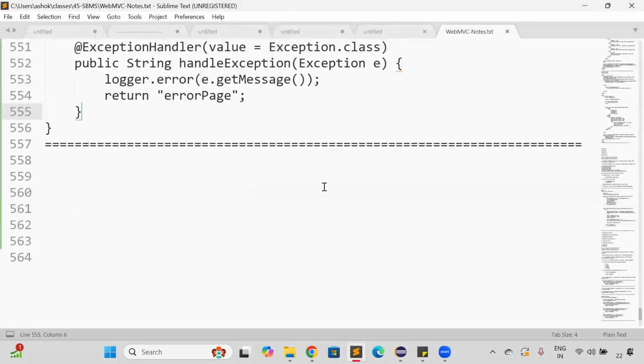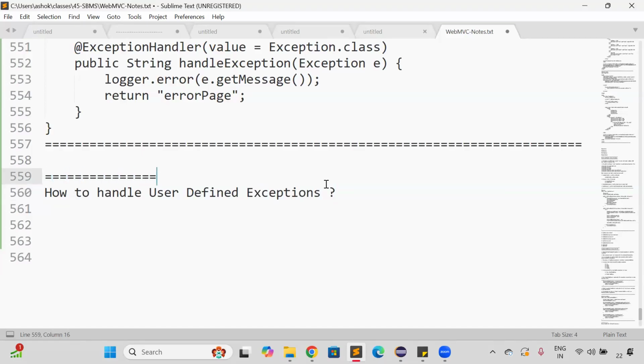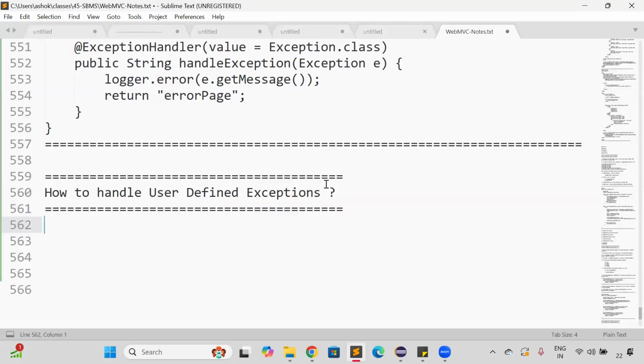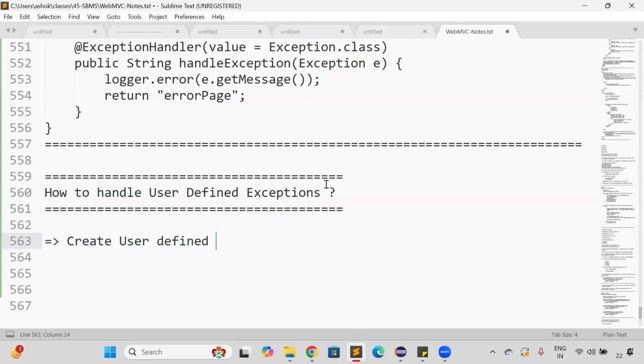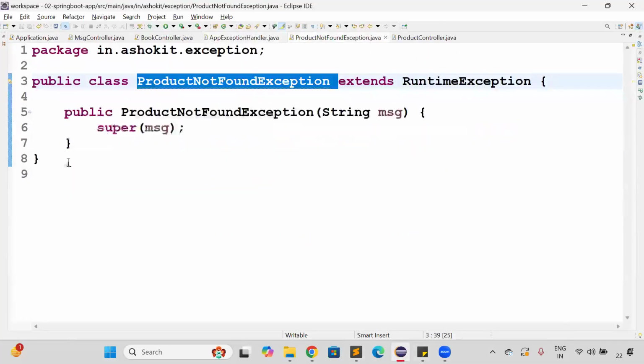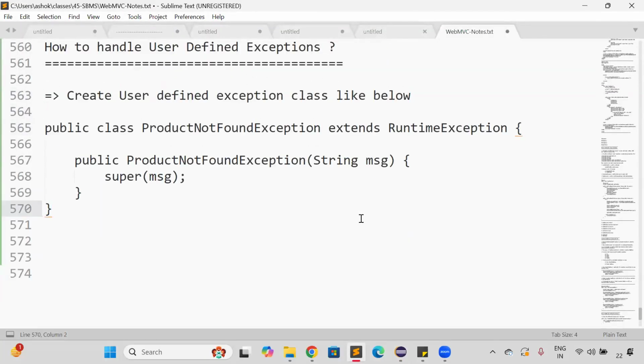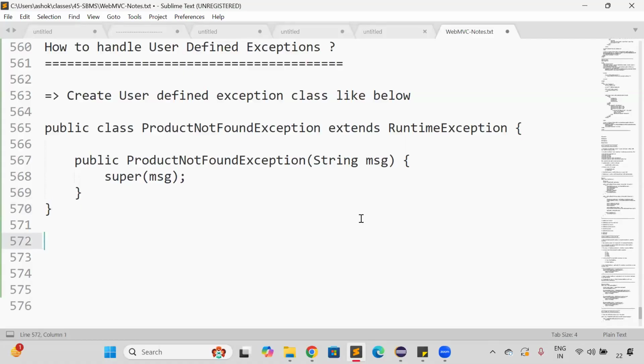How to handle user-defined exceptions? First, we need to create the exception class. Create one user-defined exception class like below. So I'm creating one class with a name called product not found exception. Okay, product not found exception I create. Then